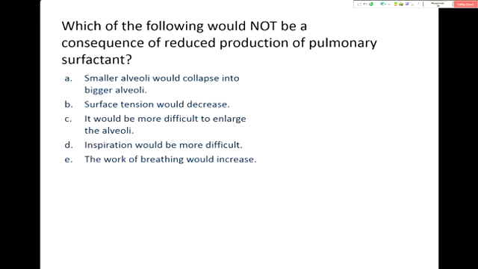This one's obviously about surfactant. We did this in the live lecture where we spoke about the function of surfactant. And we spoke about the surfactant having two important functions. Does anyone want to hazard a guess what they are? Yeah. The function of the surfactant is to reduce the surface tension, which is a fancy way and a very